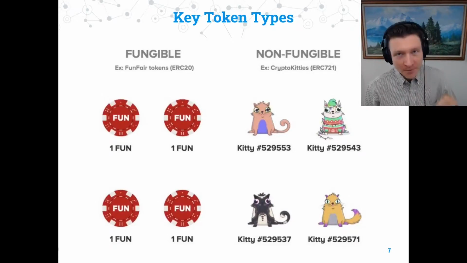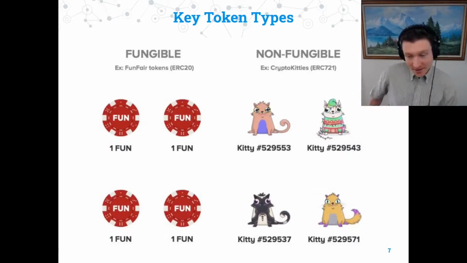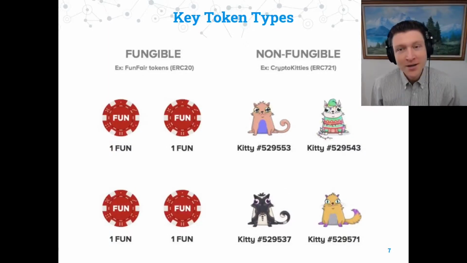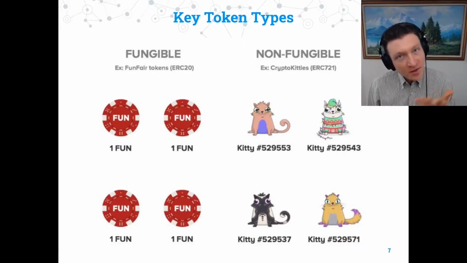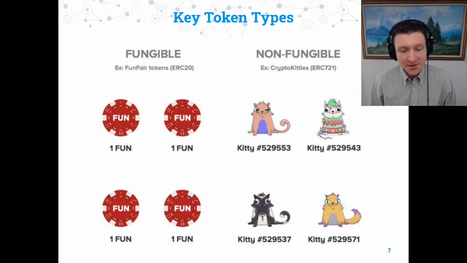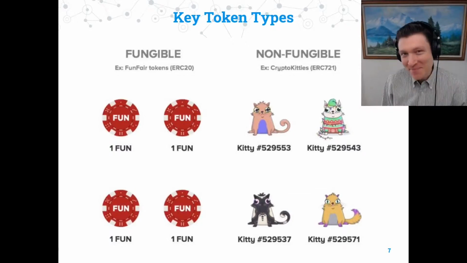If I take $1 out of my pocket and I give it to you, and you take a different dollar and give it to me out of your pocket, it's effectively even, right? There's no real difference, even though there's physically different objects. Whereas non-fungible tokens are things that are not one-to-one exchangeable. If I take my cat and lend it out to you, and you give me a different cat back, I don't think we're even in that trade, right?